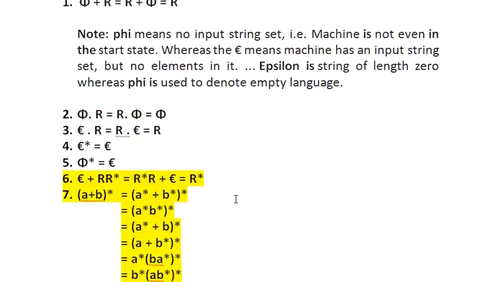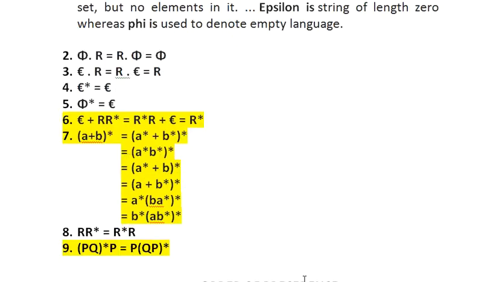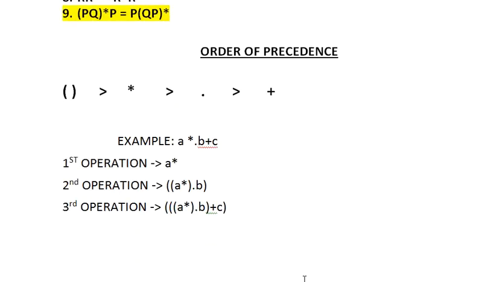Now before solving these regular expressions with any kind of identities, you have to know the order of precedence as well. So generally it starts with bracket, always higher precedence, then asterisk, the Kleene closure, then concatenation, and then the union operator. Now suppose I talk about an example like (a)* . b + c, definitely a star will be the first one, as it has the highest priority, then followed with,